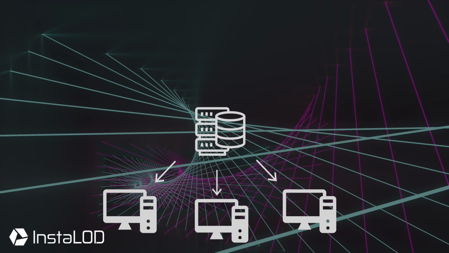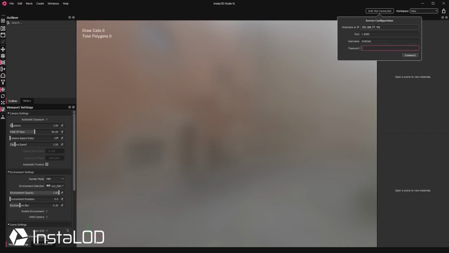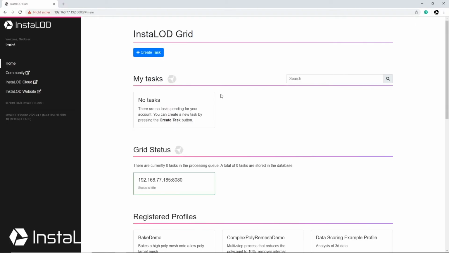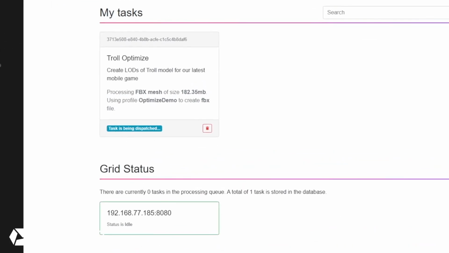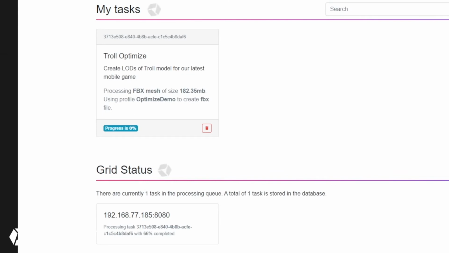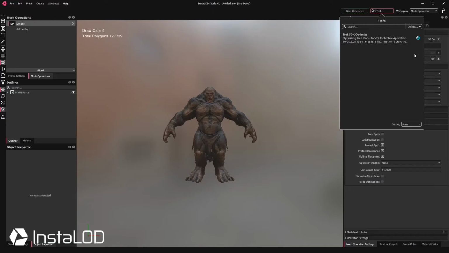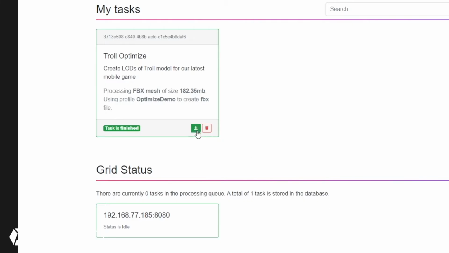The InstaLOD Grid server receives requests from operators through applications such as InstaLOD Studio XL or the built-in web application and automatically forwards it to an available node in the compute cluster. Once the data has been processed, the result can be downloaded through InstaLOD Studio XL or the InstaLOD Grid web